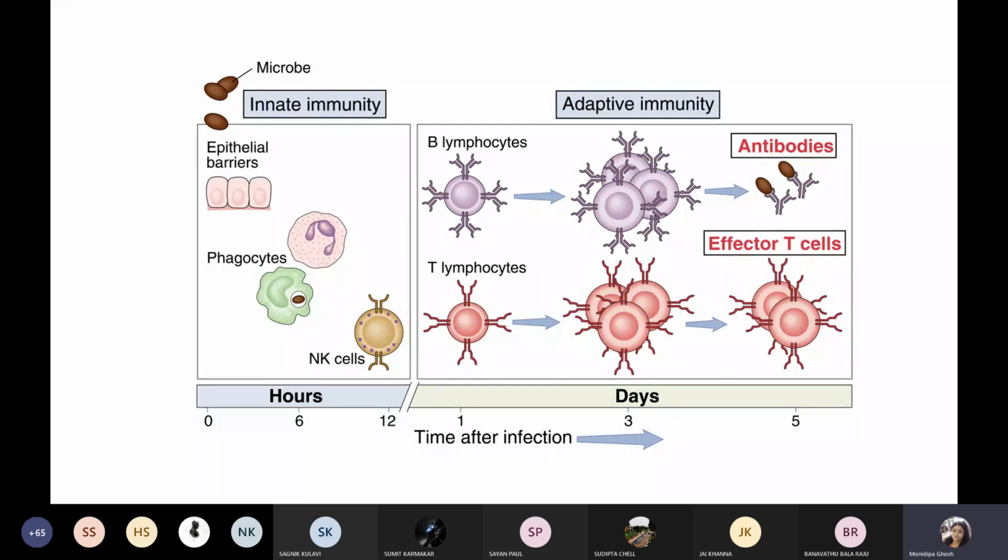Innate means instant, and adaptive immunity starts sometime later, and whenever it is started, then the cell types B lymphocyte, T lymphocyte, and other cell types take part